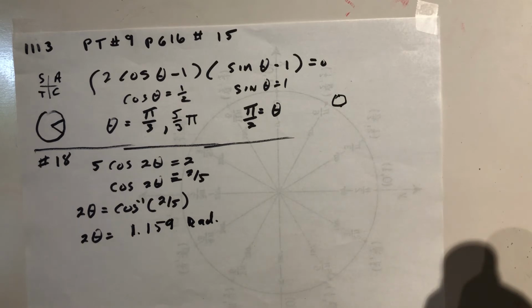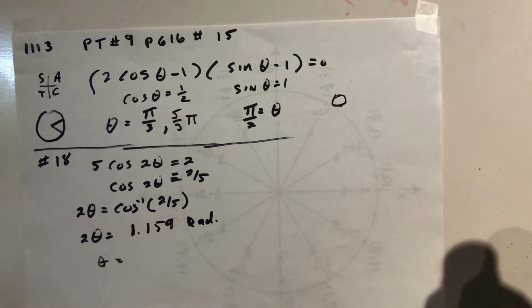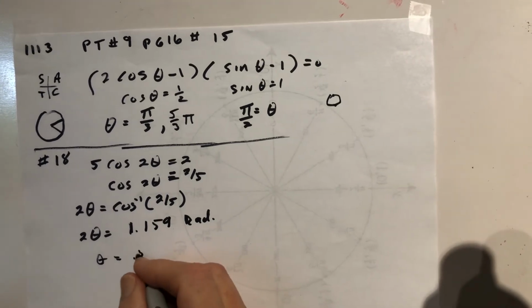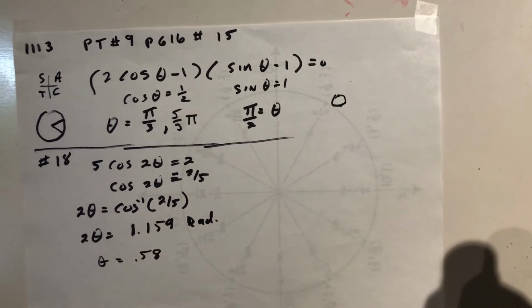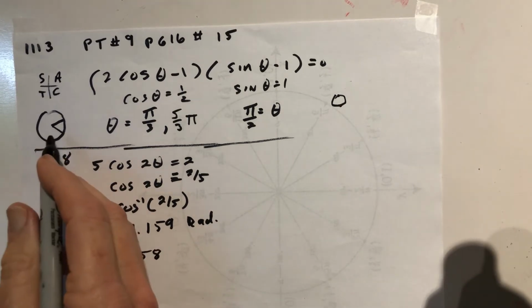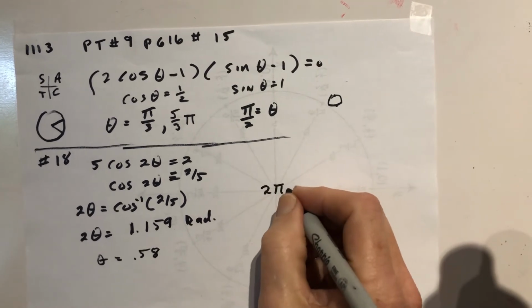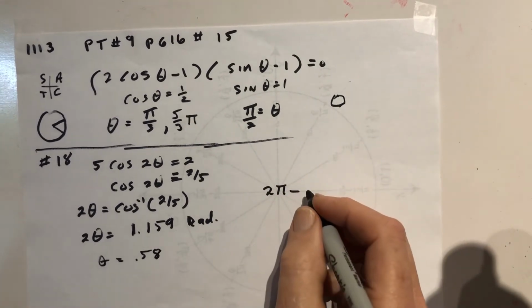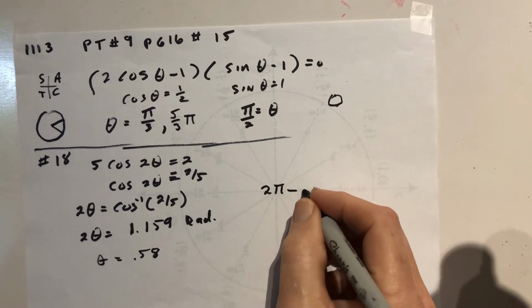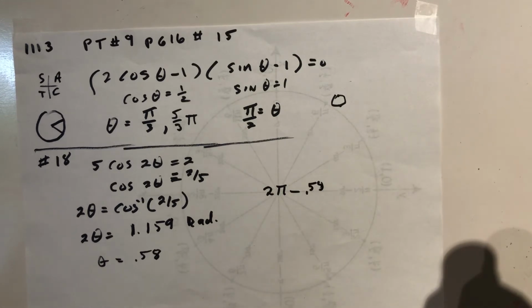So we take 2 pi. Well, let's cut it in half. This one cut in half would be 0.58. So that's one answer. Now this is cosine also, so we're going to be down here. So we got to take 2 pi and subtract how far up we went. So it's going to be 2 pi minus 0.58 and we get 5.7